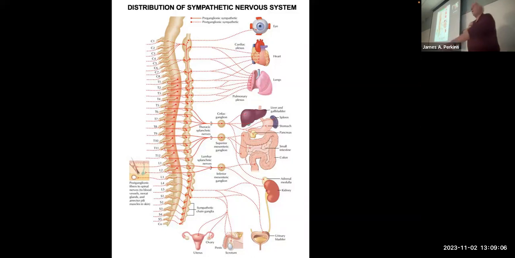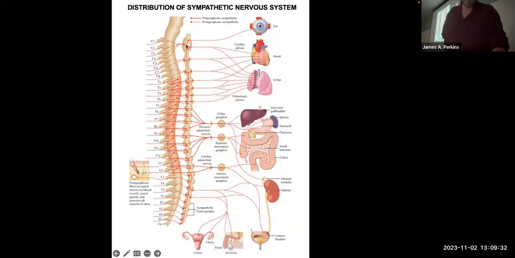Another important thing that a lot of postganglionic neurons are going to do: there are synapses happening in every single level of the sympathetic chain. So there are preganglionic neurons synapsing with postganglionic neurons at every single level of the sympathetic chain. Some of those postganglionic neurons are actually going to pass from the sympathetic chain back into the spinal nerve